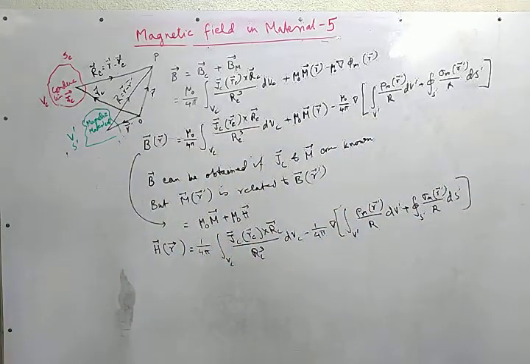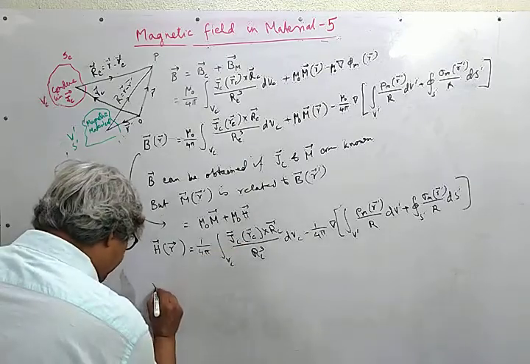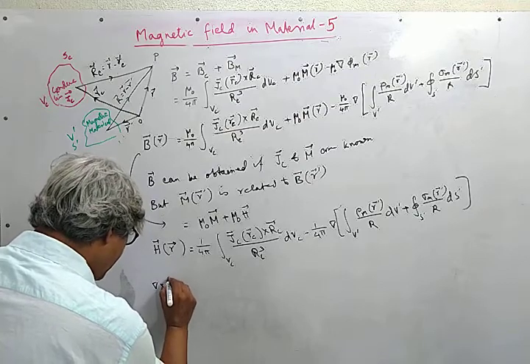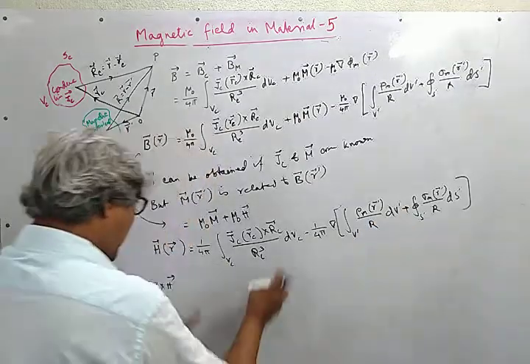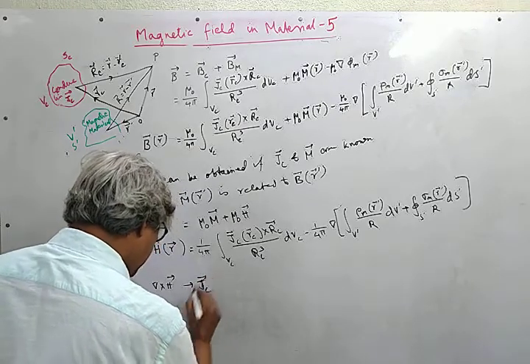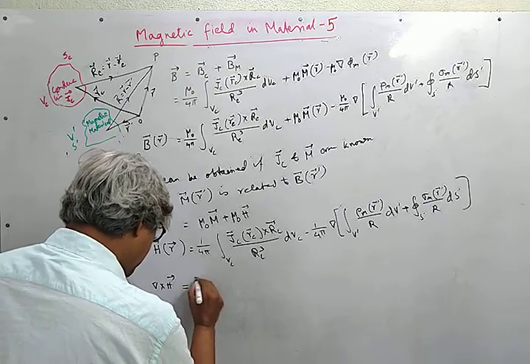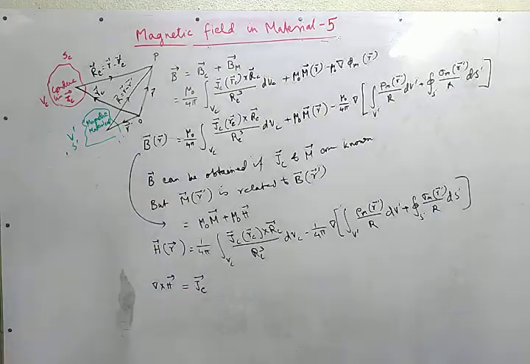At first sight, it seems that we have gained nothing. We have just introduced the H field, but if we take the curl of this field, this part goes and this leads to Jc. So this is the equation that we obtained earlier. So we want to emphasize that